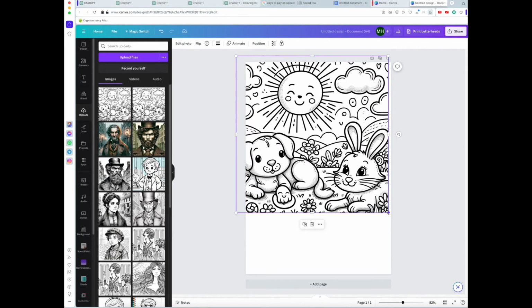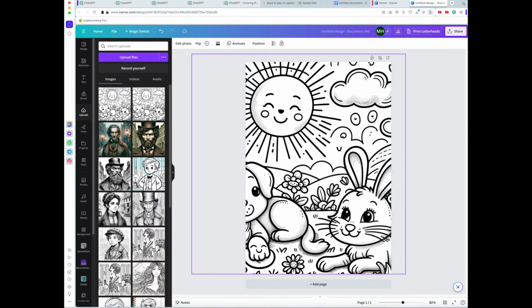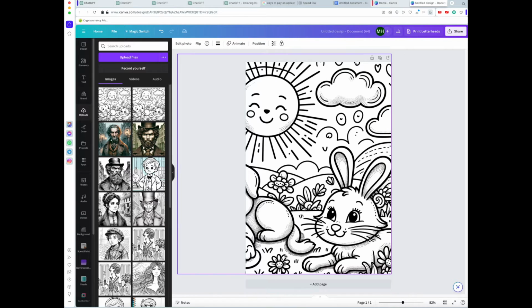fit. Probably be better if it was US letter, especially if you're in the United States and you are going to be printing using US letter, because it's slightly fatter than an A4. But again, this would work, especially if it's home printing or for your grandchildren, children, or your students in your